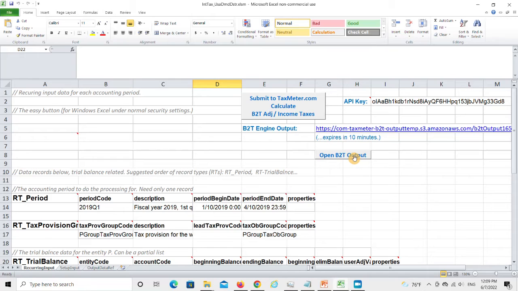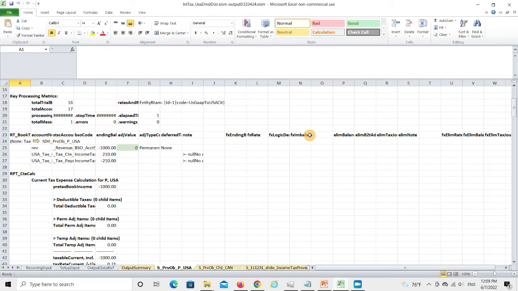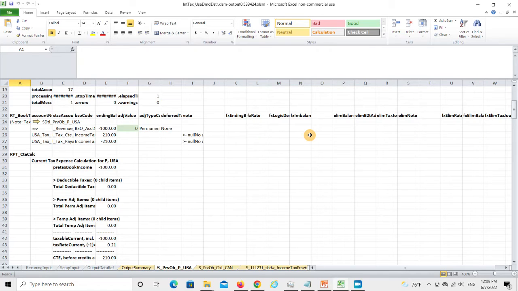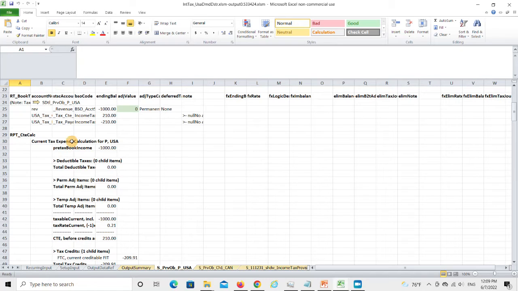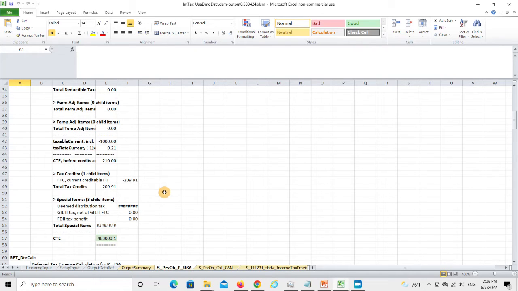So we go to the output file. Now this time we see a lot of big numbers. Remember, we have $2 million, so the numbers become very big. So we go to the P's calculation, the provision sheet for P, and examine how the Subpart F effect is being reflected in the calculation. So current tax expense for P, we're coming down, nothing, the current expense before the credit is this, so that's fine. Now, the Subpart F income here,